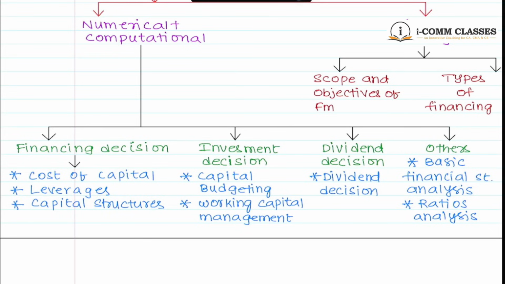So this division I separated from a different point of view. Financial, investment, dividend, like that. Okay. Write down. First one, financing. Why did I divide like this? The reason is that the study material is divided like this. If you open ISM, the division will be like this. That's why I have written as per ICA.